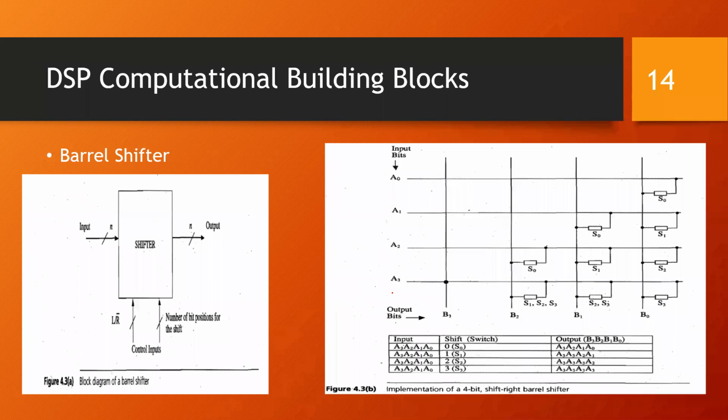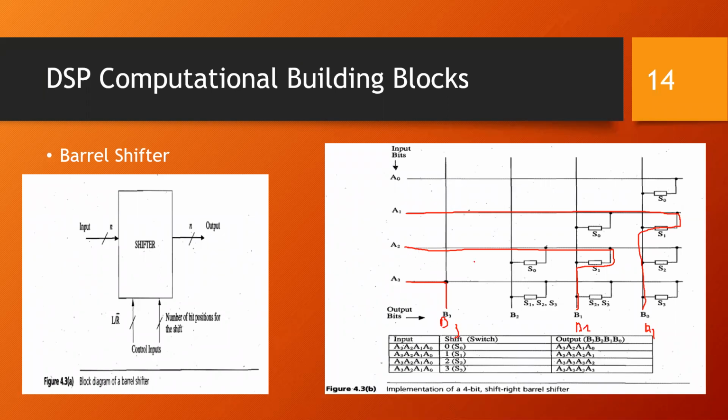So in this one, what we do is we turn on switch S1. So now what happens? Here we can see that A3 is A3, so there is no switch in this case. Now A2, if I just see what we are having, S1 is on, so I'll be getting it over here at B1. Then A1, you can see that S1 is on and I'll be getting it at B0. So A1 is available at B0, A2 is available at B1, and A3 is available at B3.